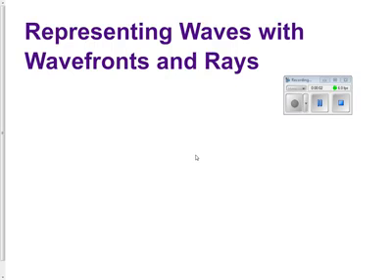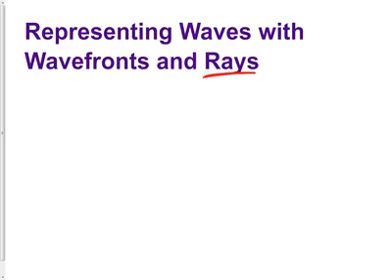Okay, in this video I want to show you how you can represent waves with wave fronts and with rays. These are equivalent ways of representing waves. Often we use one method for one thing and another method for another thing, but they're actually interchangeable. So often we'll use rays with light, because that's a common way to think about it. But if we were drawing the waves we saw in a ripple tank, we would probably use wave fronts. But the two methods are actually interchangeable. So I want to show you how you can interchange them and how they are the same thing.